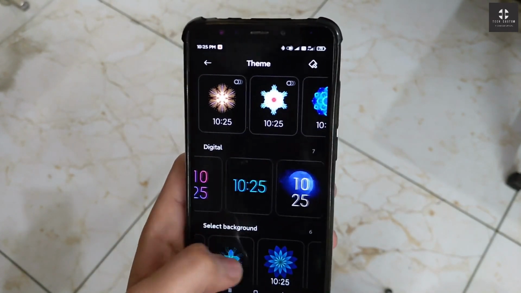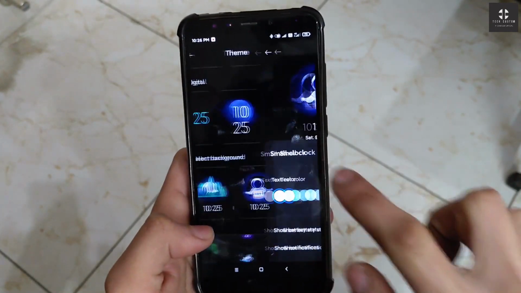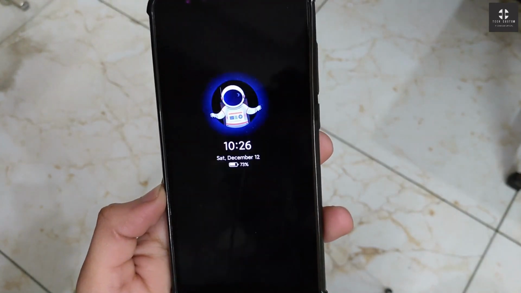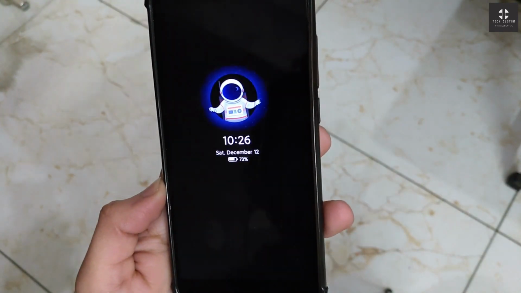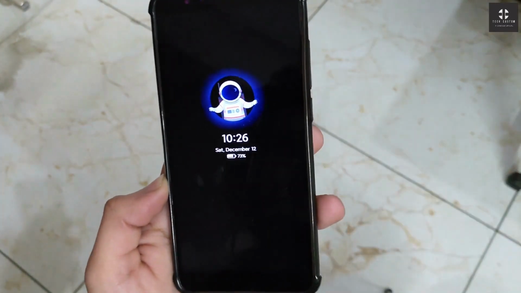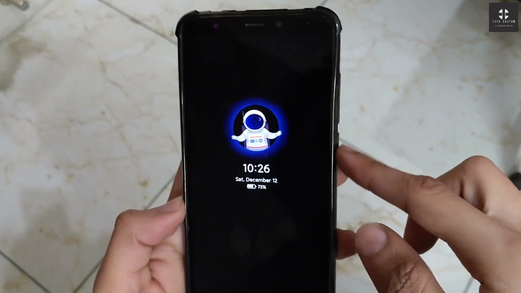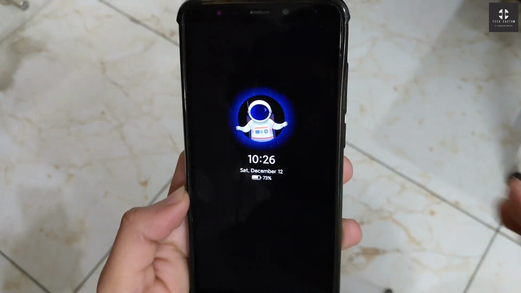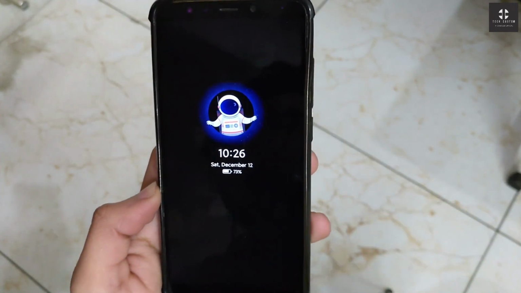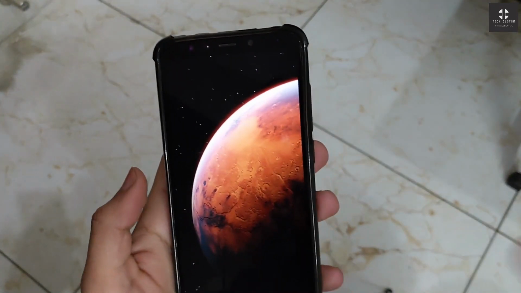Let me apply the theme. This is the always on display. Let's apply the always on display. Here you can see this is the always on display. It works perfectly for a few seconds only, then it blinks automatically. This is a bug in all MIUI 12 ROMs, each and every ROM I have tested. Always on display is the same as the previous ROM, but it blinks sometimes. After restart also, clean wipe also, the result is the same. So there is a bug in always on display.